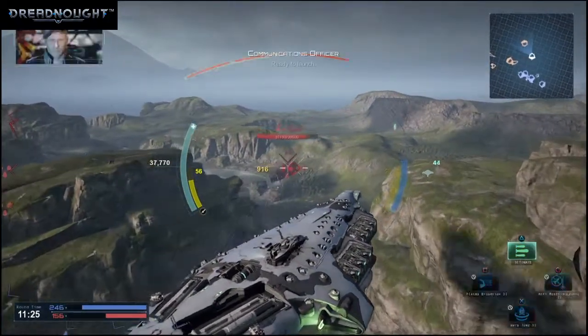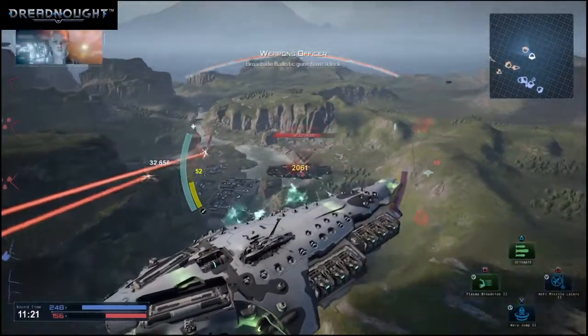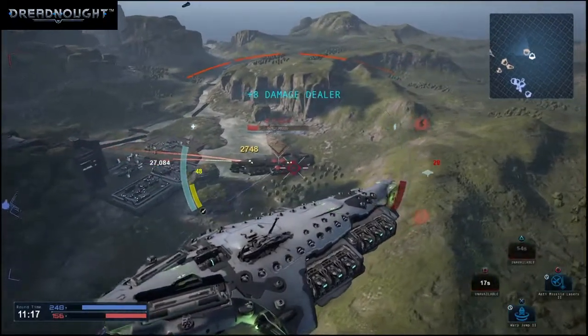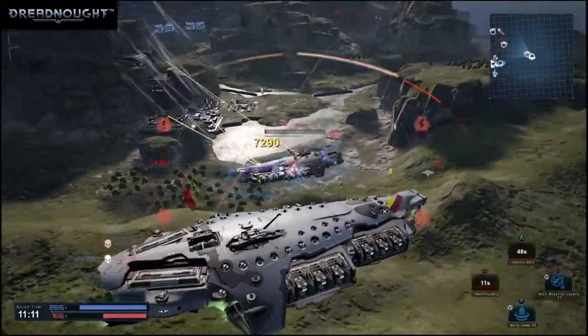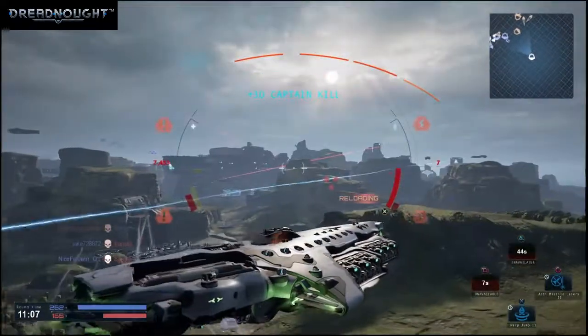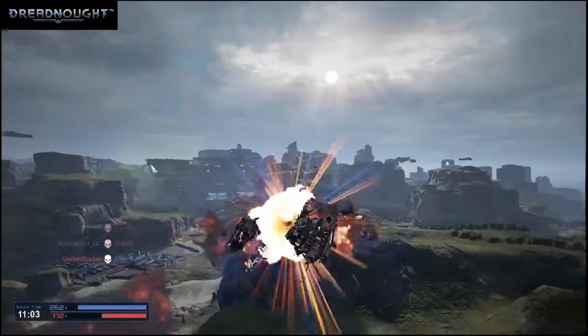So let me see if I can get close enough to this guy to try to get a barrage on him. And as you can see, the broadside guns, they do a massive amount of damage. The best thing to do when using the barrage side guns, the broadside guns,